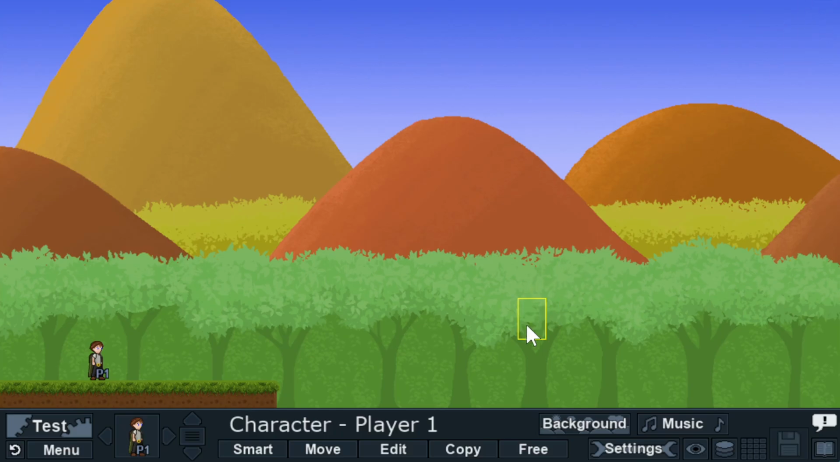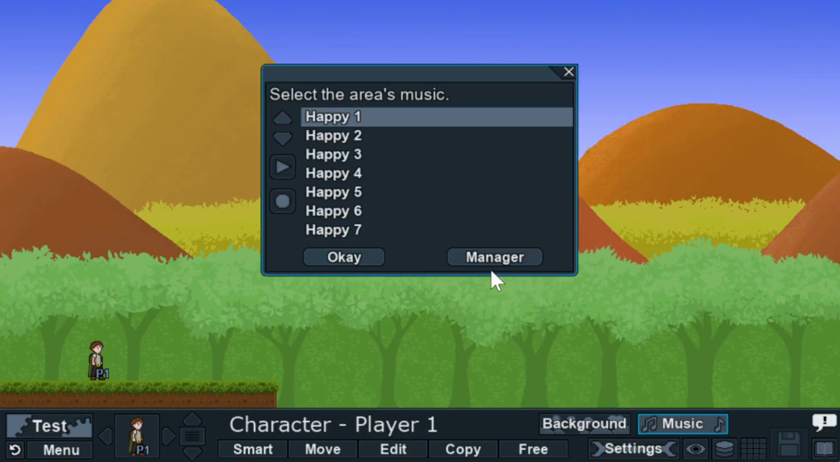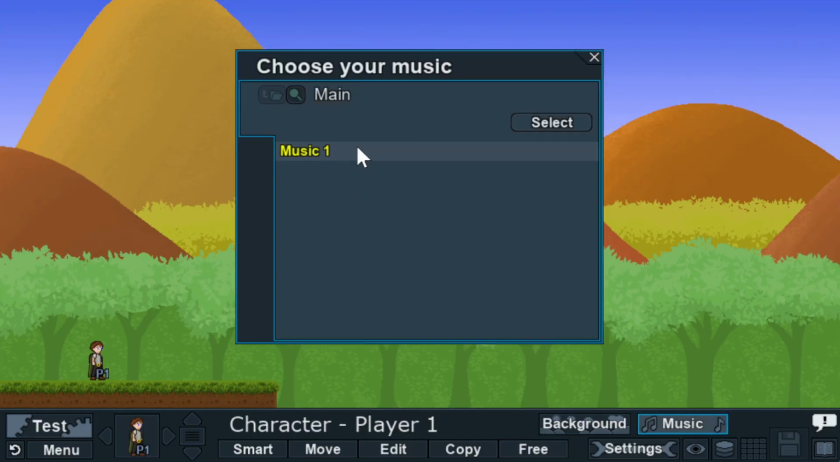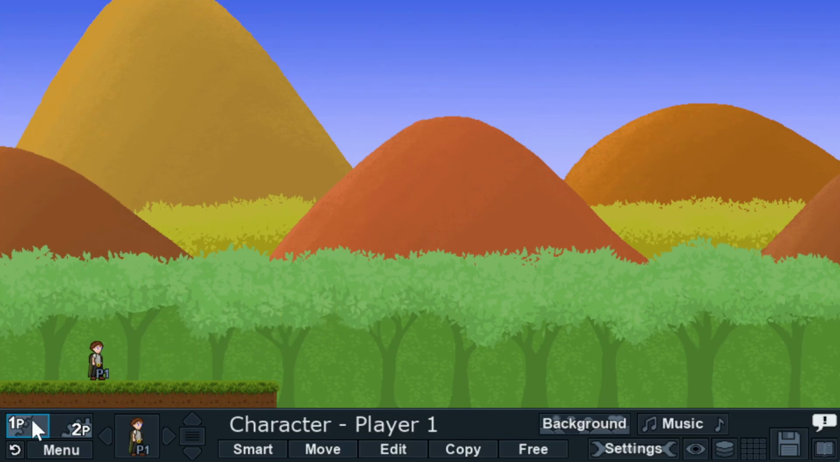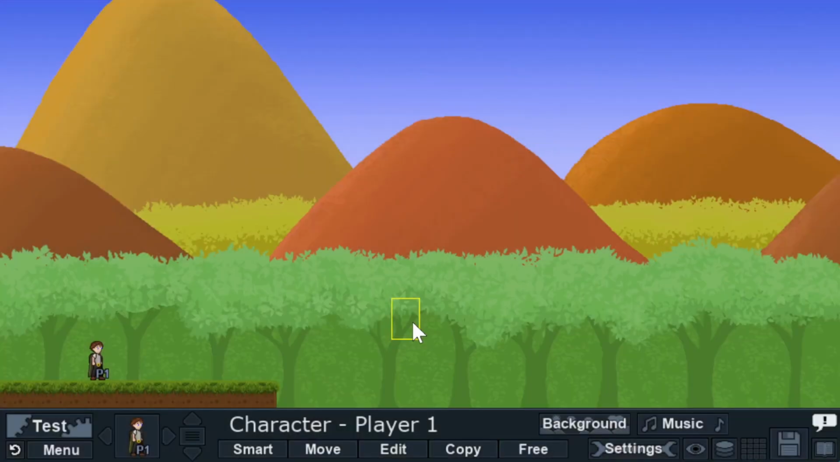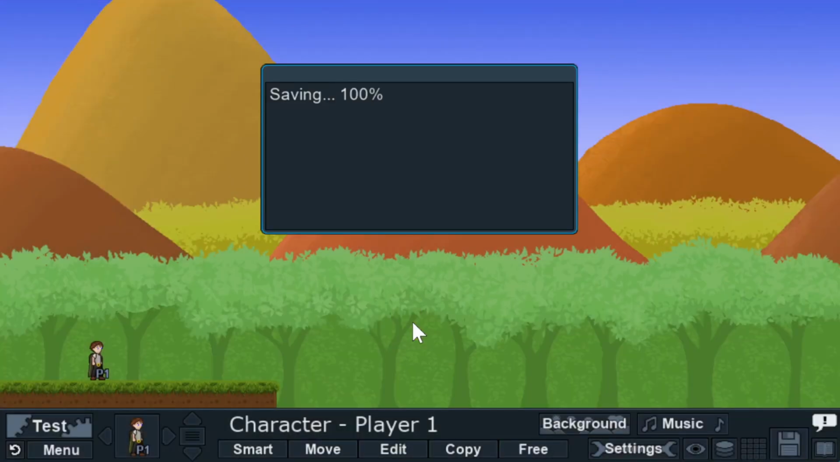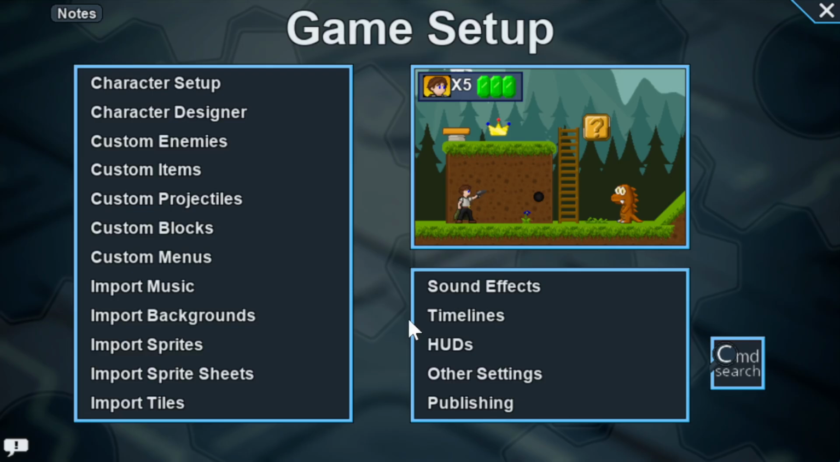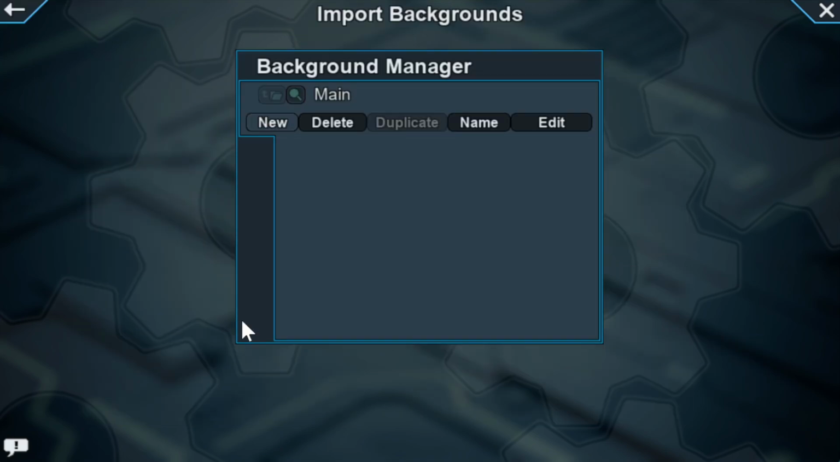Okay, X out. And then under Music, you'll see a button for Manager, and that's how you select it. Now, this will play for your level when you run it. P for Game Setup. If you want to import a custom background, it works the same, except there's a lot